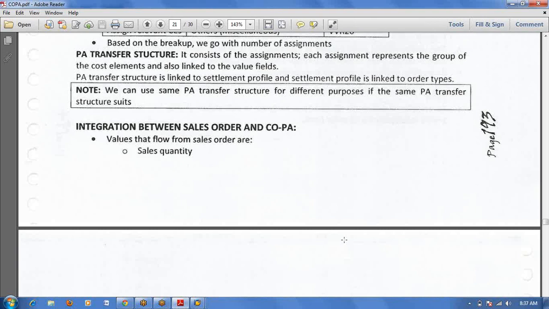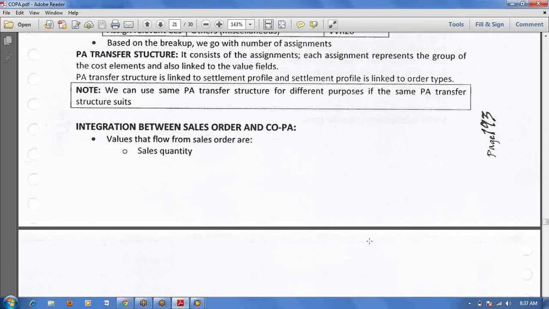If the sales order is carrying the cost, in that case only you can settle the sales order to the COPA module. At the time of delivery and billing, there is no COPA entry.